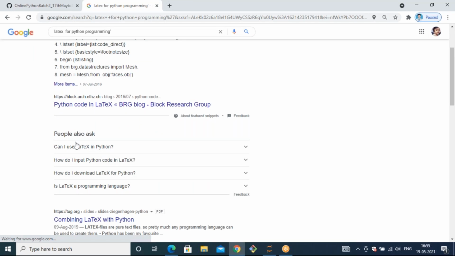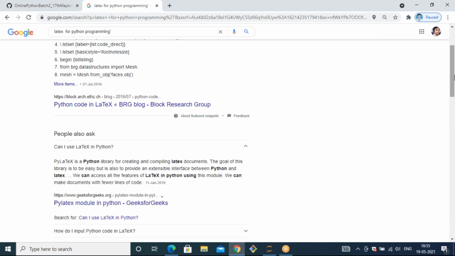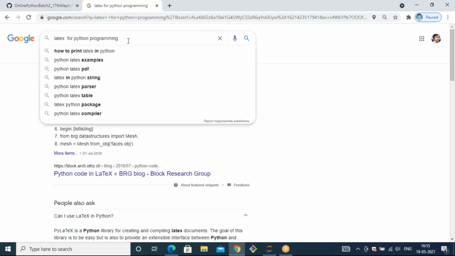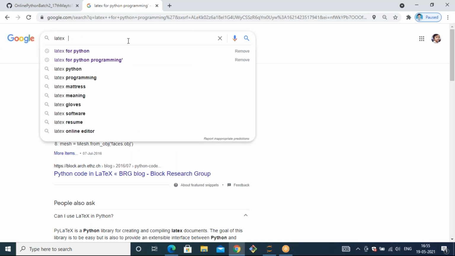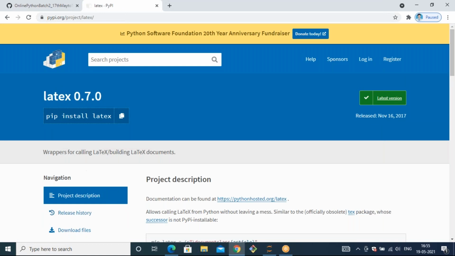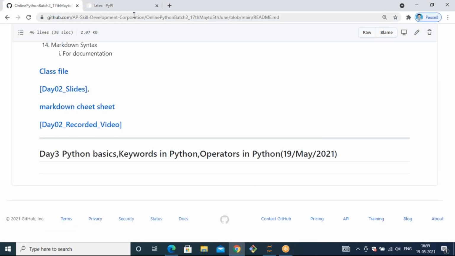Now you can find similar answers: LaTeX is a Python library for creating or compiling LaTeX documents or inserting mathematical functions. It is a kind of library to display formulas in Python. When I use pypi.org, it tells you the syntax. Don't bother about that, you can just go through it.